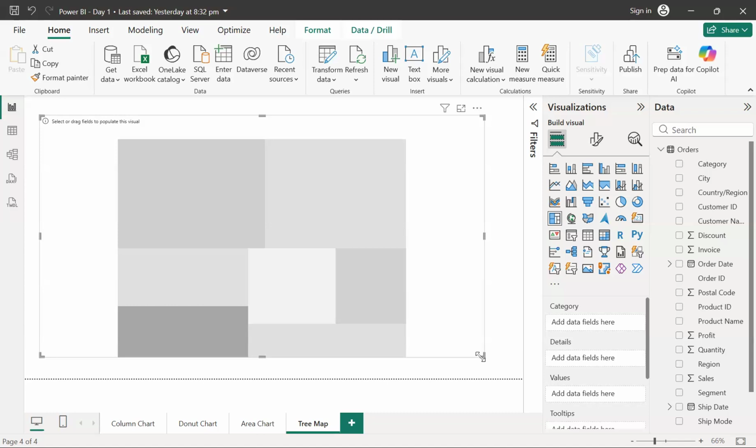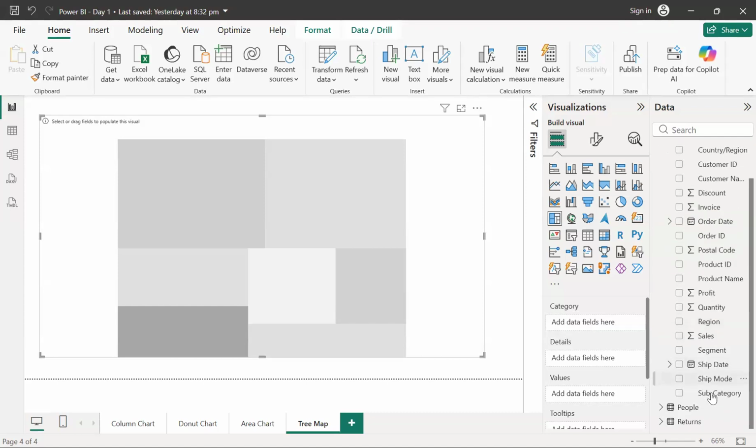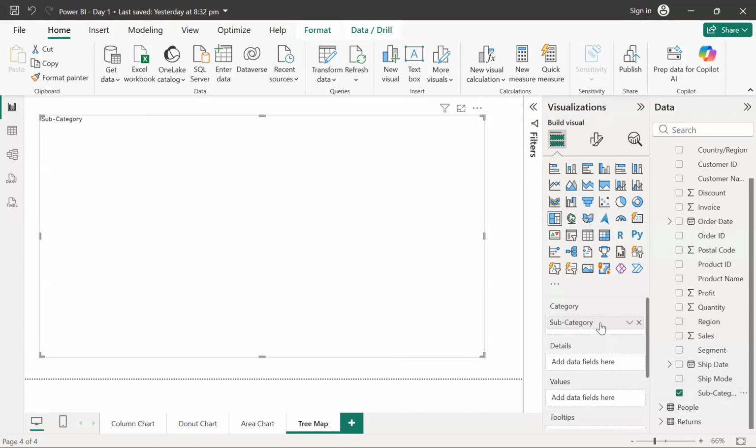Now you can check for which subcategory we are getting more sales and for which subcategory we are getting less sales. That is what we can examine by using this tree map. For that, guys, there's a column you can see, subcategory. I can drag this column subcategory and drop it inside the category field. And since I want to analyze it with respect to the sales, I can take the sales column, drag it and drop it inside the values.